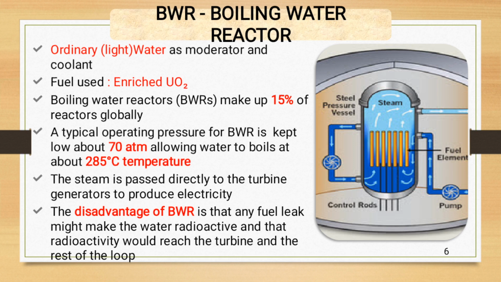Let me explain the diagram now. These are the fuel elements made up of uranium dioxide. These are control rods placed vertically among the fuel rods. These control rods are made up of cadmium or boron. These absorb the excess neutrons to control the reaction. These fuel rods release a huge amount of energy that heats the water. The water forms steam, and this steam goes to the turbine which produces electricity with the help of the generator.